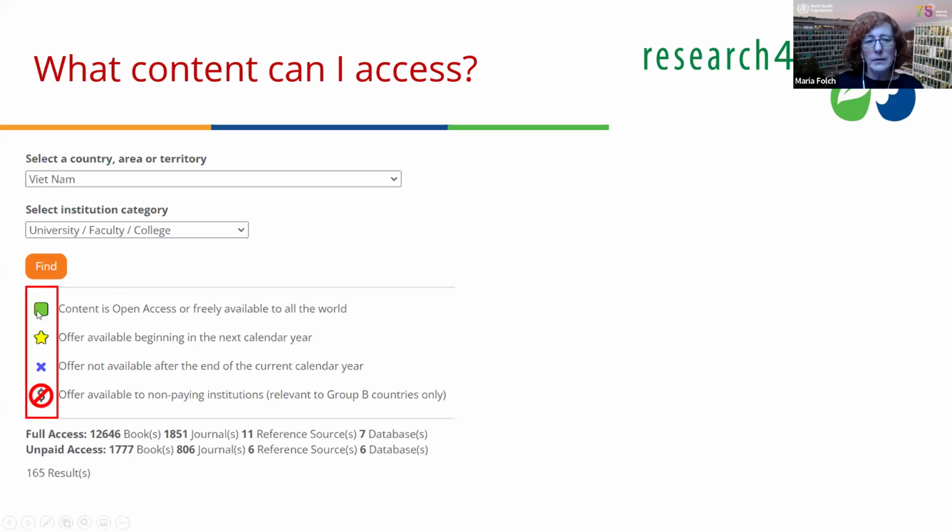When there is the green square, it means that this content is available to everybody because it's open access or freely available. We try to anticipate what will happen next year, so institutions, especially those from Group B, can make decisions. The yellow star means that this content will be available starting next calendar year. The blue X means this will not be available anymore next year.